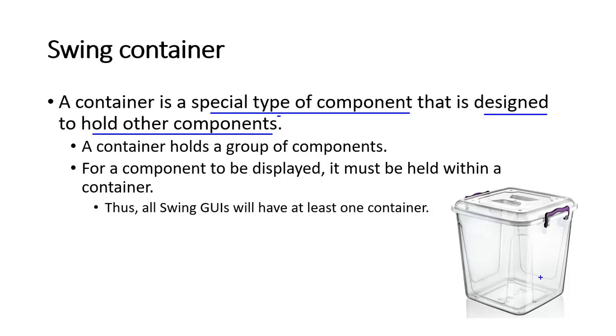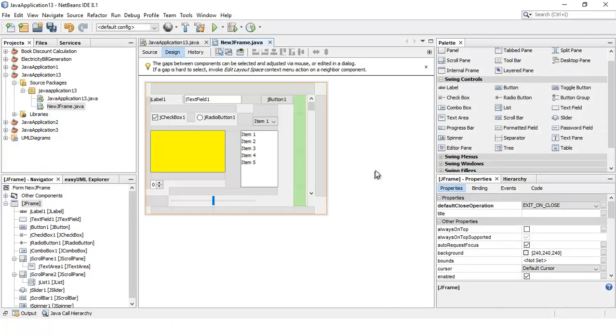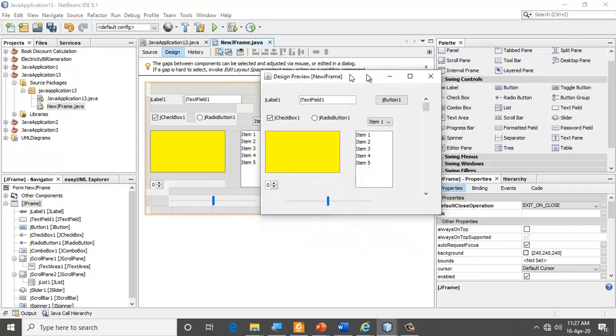So in the code that I've just shown you in NetBeans, you will notice that all the components that I've added here are contained in a container. Now if you look here, this is my container. And what is this container?